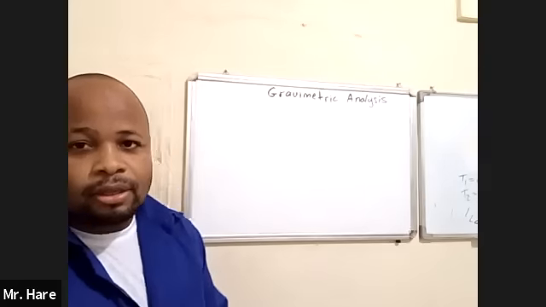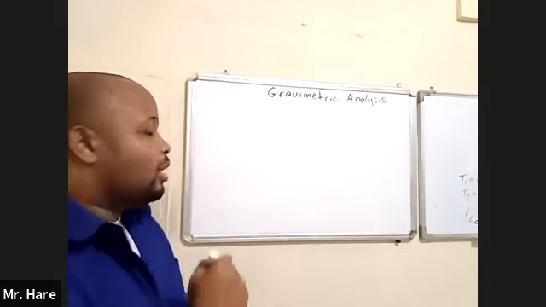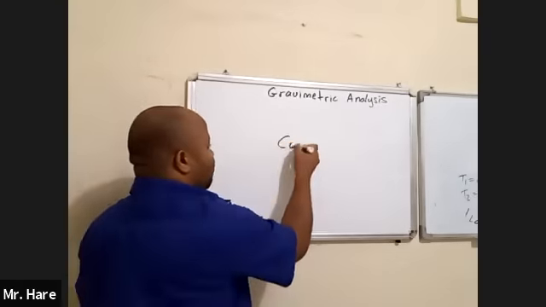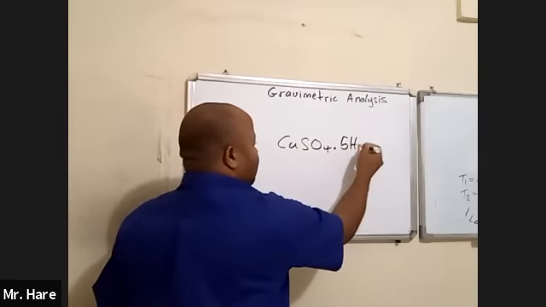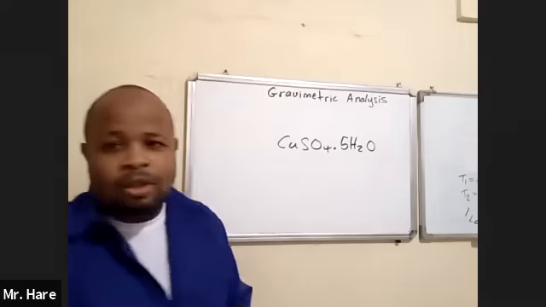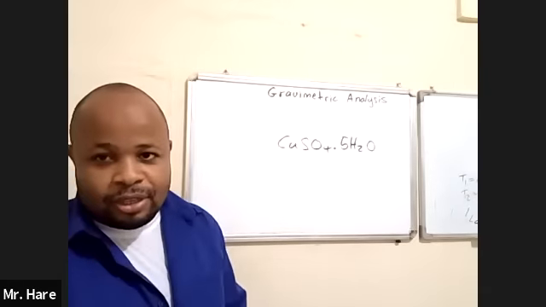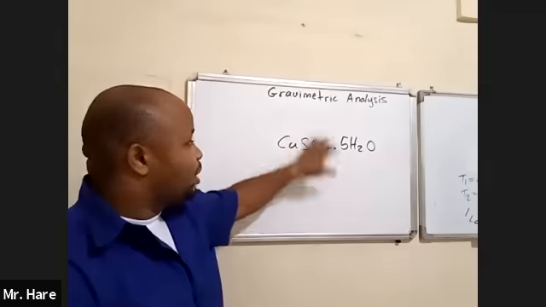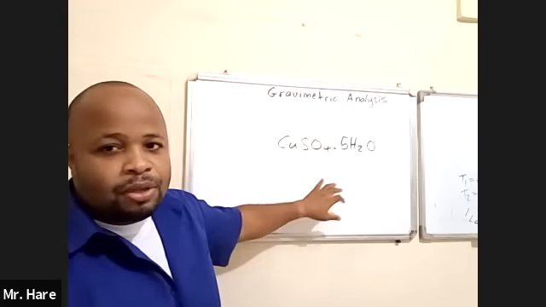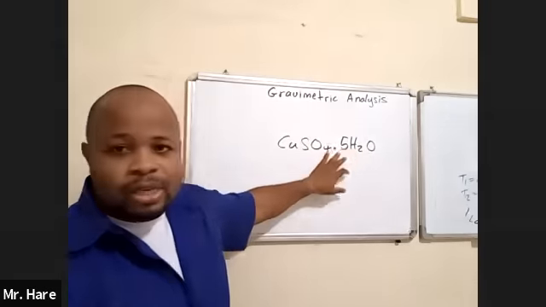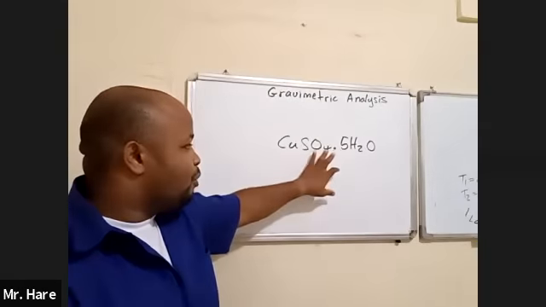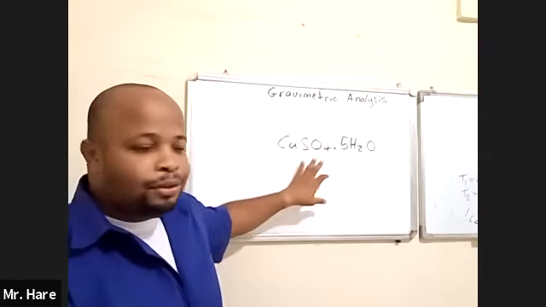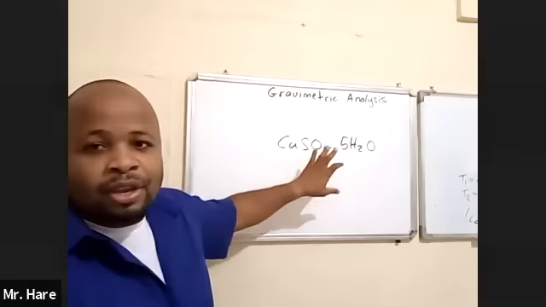All right. So, for example, compounds like copper sulfate might have a certain number of moles of water, which we call water of crystallization. So we can use gravimetric analysis to figure out the number of moles of water present in a sample. With this form, if we're doing gravimetric analysis to determine the water of crystallization, all we would do is